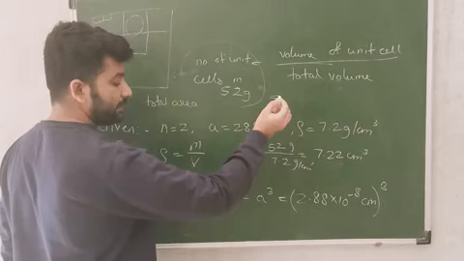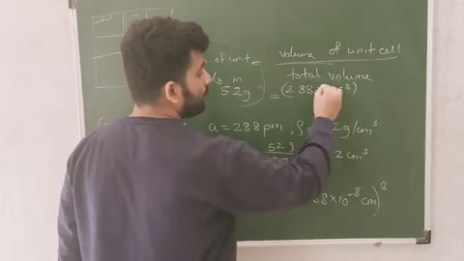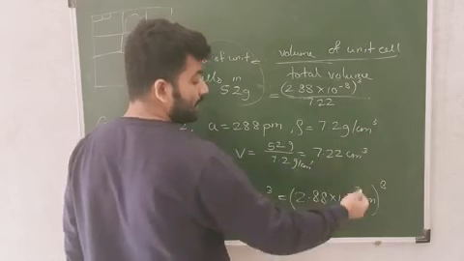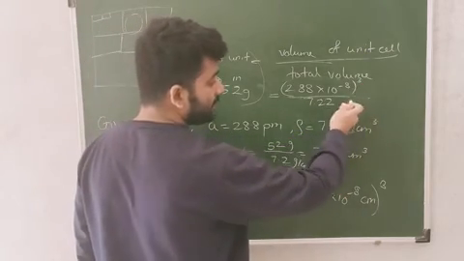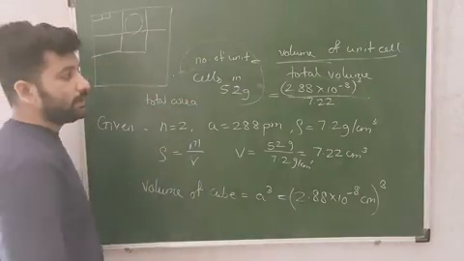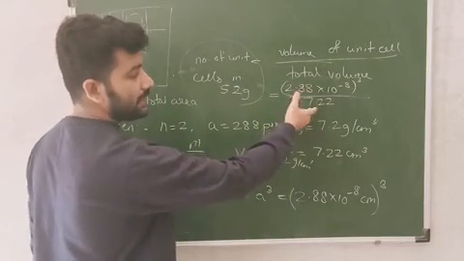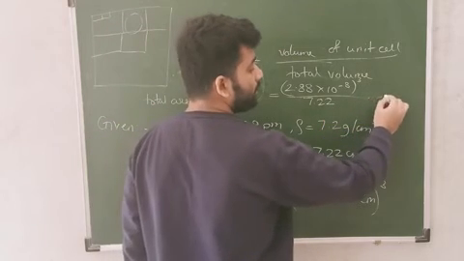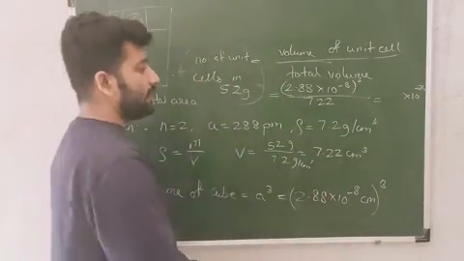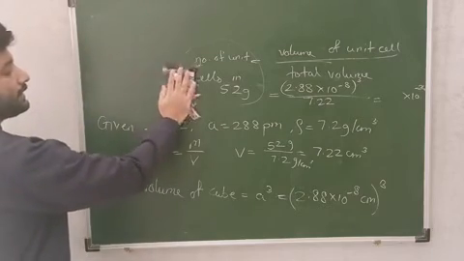To find the number of unit cells, it is 2.88 into 10 raised to minus 8, bracket cube, divided by 7.22. Now all the units are the same. Here also we have centimeter cube and the volume is also in centimeter cube. So the units are the same, and we need not worry about it. Next we have to do the log calculations and find the answer. So this will be into 10 raised to minus 24, and we will try to solve with the help of log. For log, we will see the value of 2.88 in the log table.